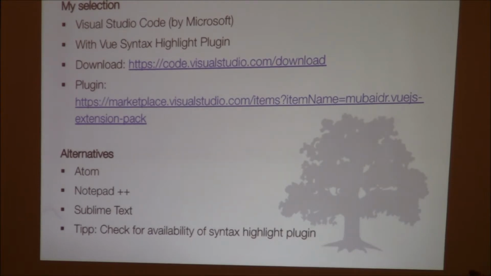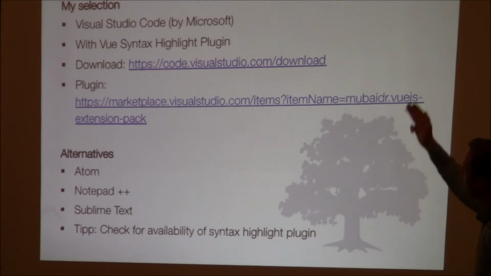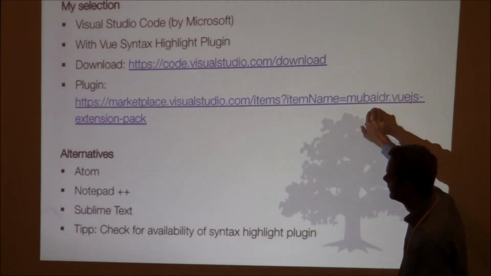Development environment, it's your choice, but my selection is Visual Studio Code by Microsoft. Cool tool, it's free, works on every PC, really good stuff. There's a Vue syntax highlight plugin to easily get the colors. The template is green and the script is blue, and if you type in, you can type ahead. So it's easier to develop. If you start with a V-, you get the options which directory you want to use. Download it here, the plugin is here.